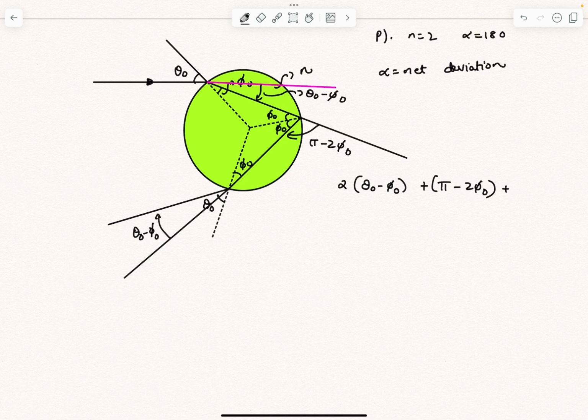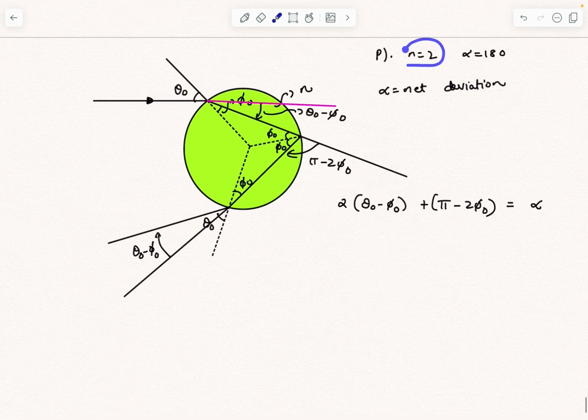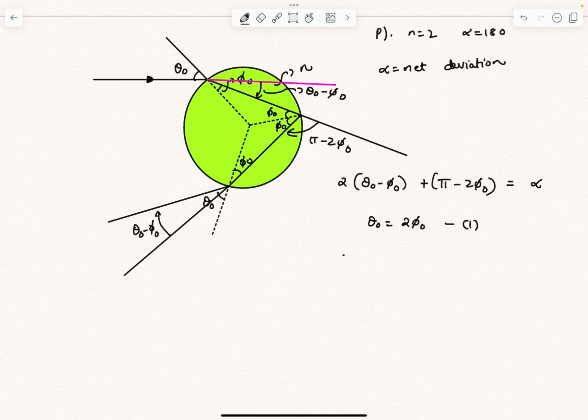So I can just double this and say that this is equal to alpha. Now in the first option they have given the value of n equals 2 and alpha equals 180 degree. So if I substitute alpha equals pi, then pi cancels out, theta naught equals 2 phi naught. So this is the first relation, and we also know that n equals 2, so we can substitute that in